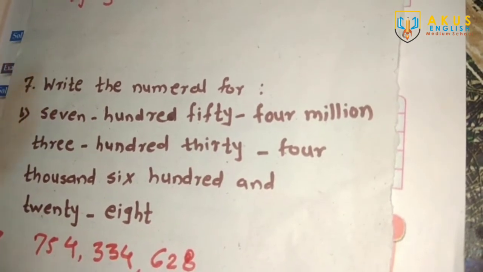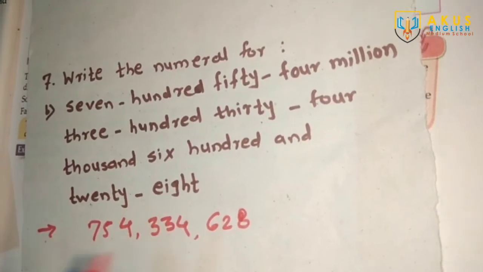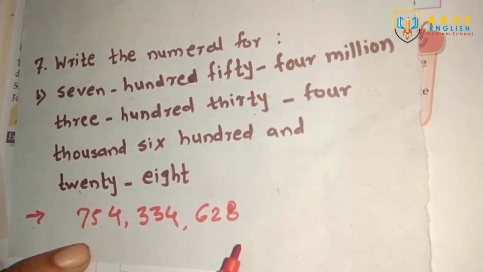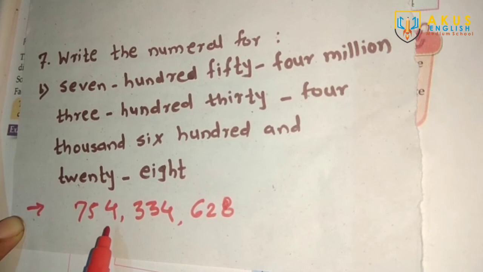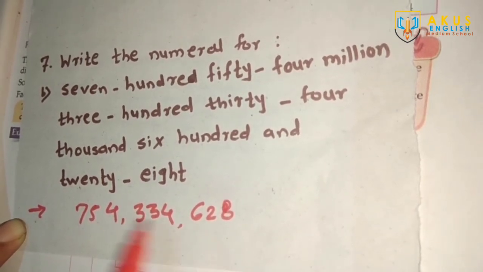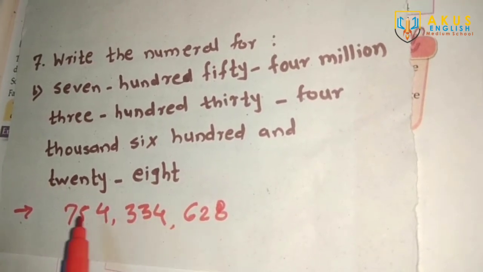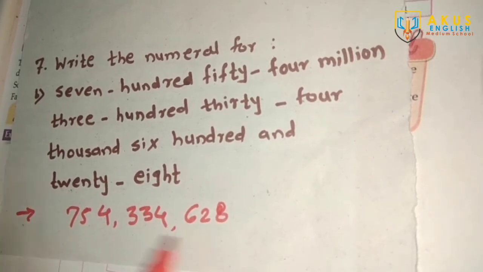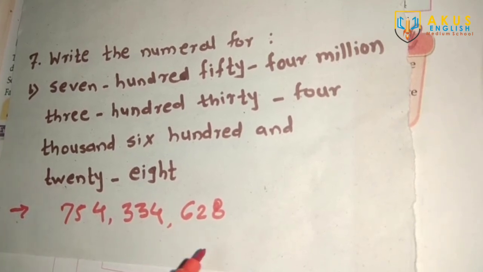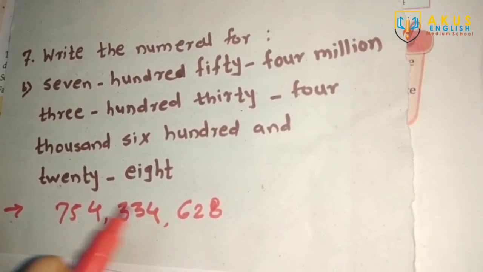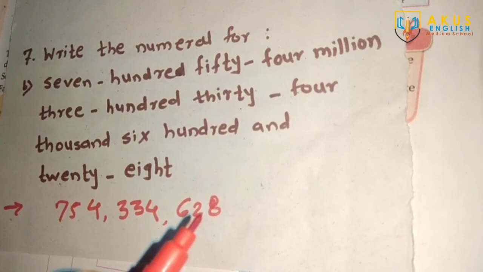In the same way, the remaining sums you have to solve from your exercise 1.6. But please note here, in that last sum, though I put the comma first, in any case, when we are going to form the numeral, you have to first write down the whole numeral and only then put the comma, so that no mistakes will happen. Please don't put the comma first, otherwise you may get confused or sometimes it may become wrong.